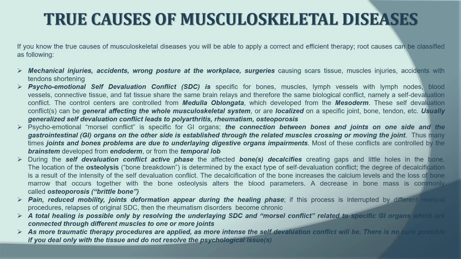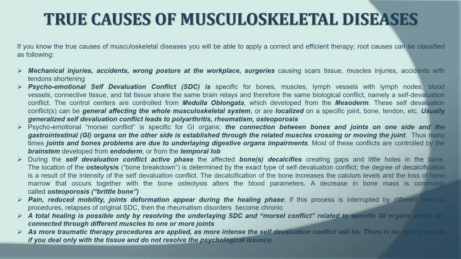Psycho-emotional, so-called muscle conflicts, are specific for your gastrointestinal organs. The connection between the bones and joints on one side and the gastrointestinal organs on the other side is established through the related muscles crossing or moving the joint. Thus, many times the joints and the bone problems are due to underlying digestive organ impairments. Most of these conflicts are also controlled by the brainstem that has developed from the endoderm or from the temporal